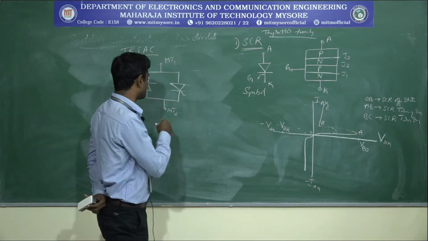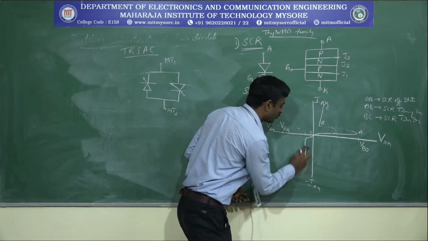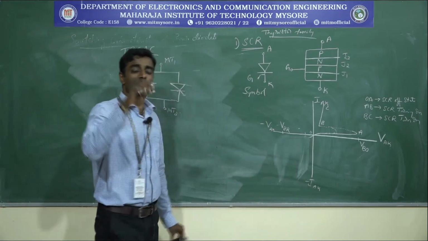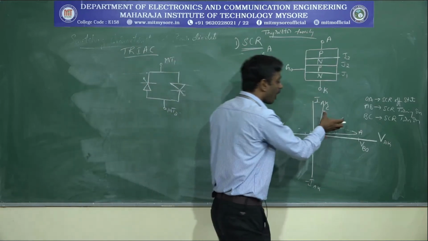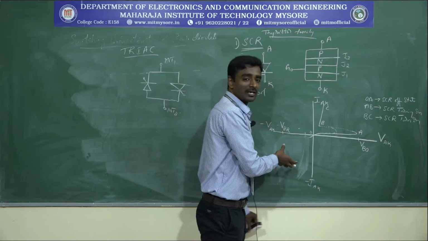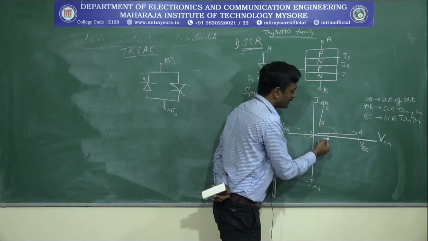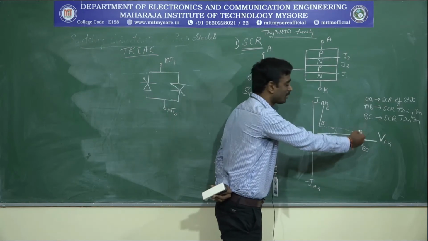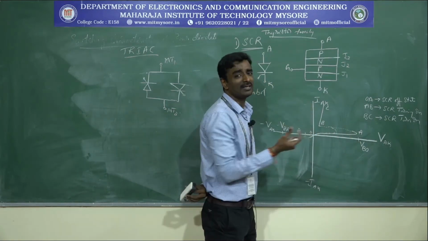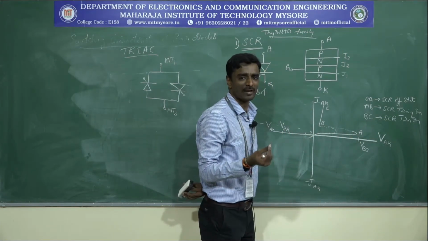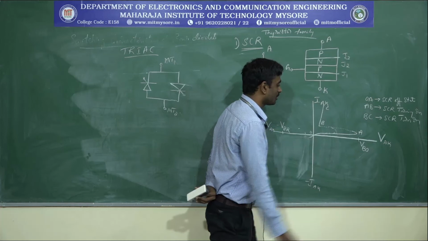By using this, the VI characteristics for the triac will be conducting with respect to both the positive cycle as well as the negative cycle. That means it will be conducting in the forward direction as well as the negative, that is reverse, direction. If you consider the forward direction, it will be similar to the SCR: once it reaches the forward breakover voltage value, it will start to conduct within a span of time, that is within nanoseconds, and the conduction starts with respect to this condition.